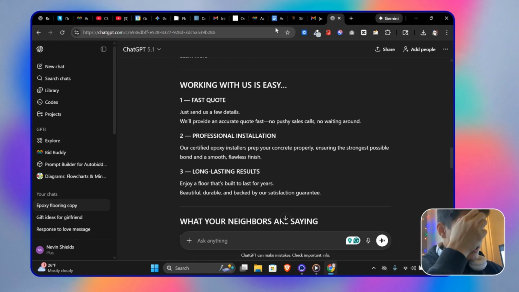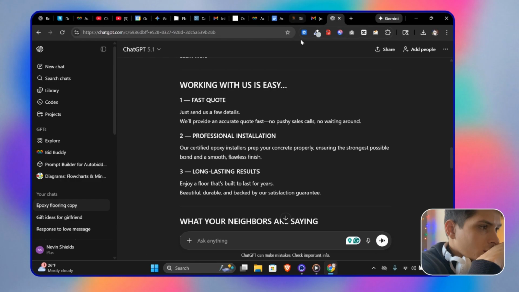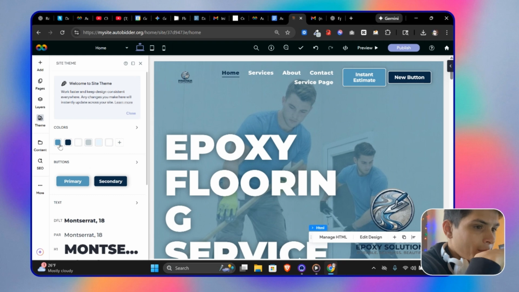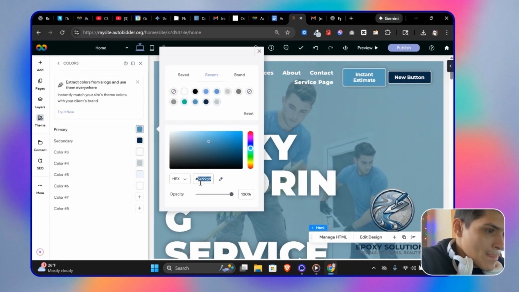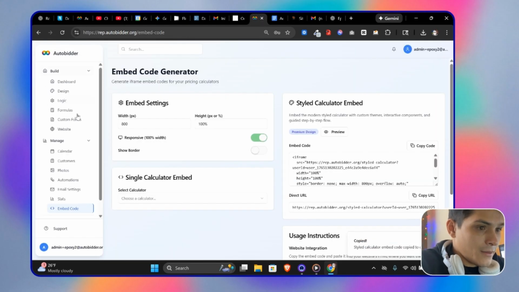Actually, here's how I like to do it. Okay. First, let's grab the colors. So, we're going to head over to the theme. And first, I'm just going to grab each of these colors. And let's head over to